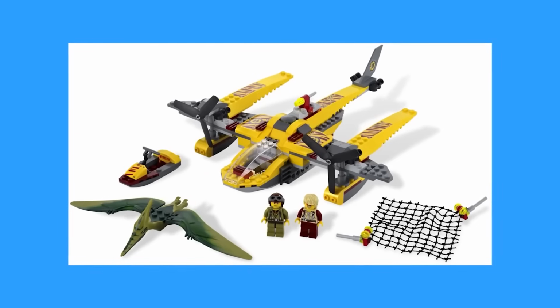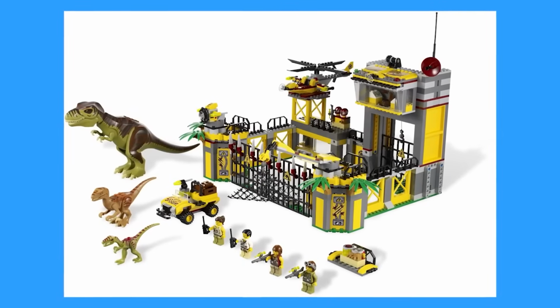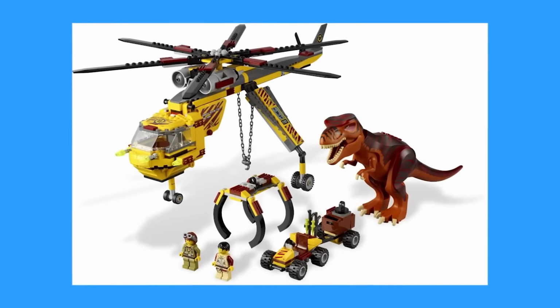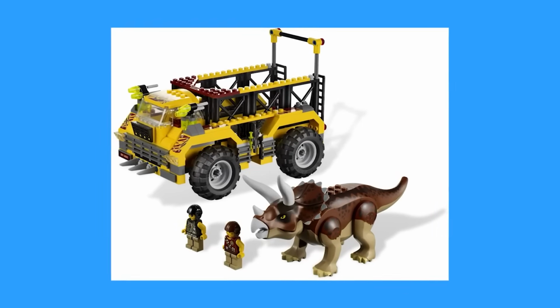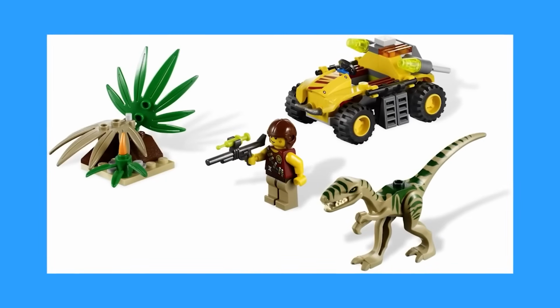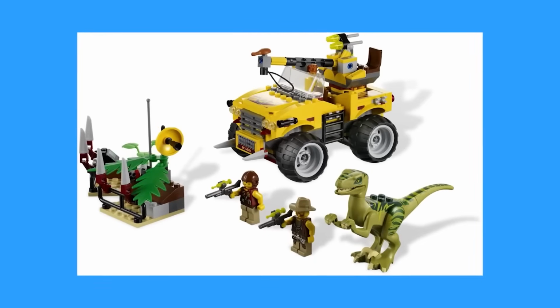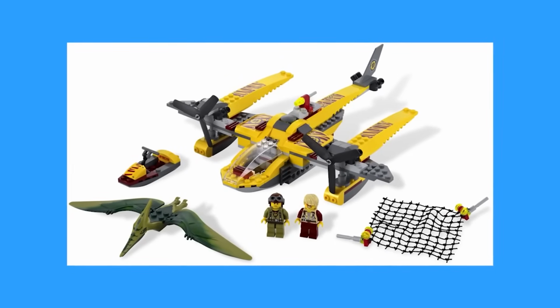Imagine highly detailed, fabulously articulated dinosaur models including the Raptor, Dilophosaurus, Triceratops, Pteranodon, and an imposing Tyrannosaurus Rex. The T-Rex alone was a behemoth compared to its predecessors, setting the stage for a dynamite LEGO adventure. The sets themselves were also a visual feast, featuring vehicles like trucks, hydroplanes, helicopters, and jeeps, complemented by magnificent playsets